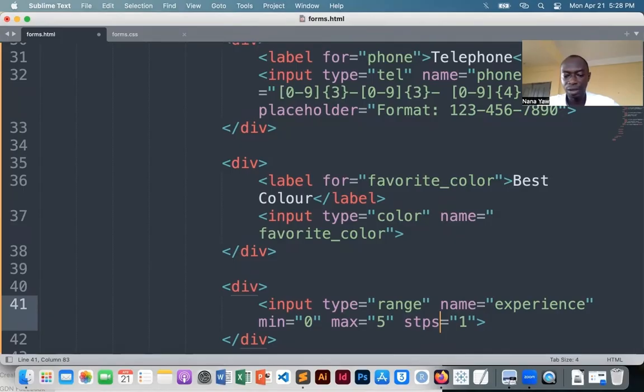Your step should be 1. It means that the increase is in 1 increment. Your increment should be 1. So when I implement this and then this goes,